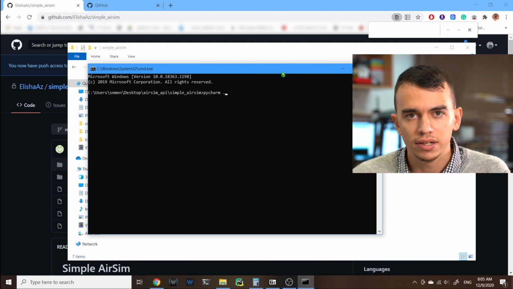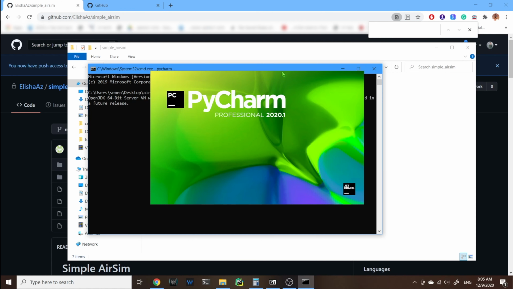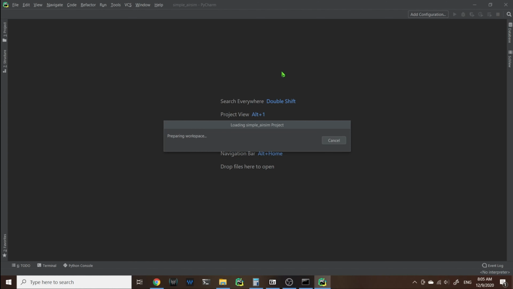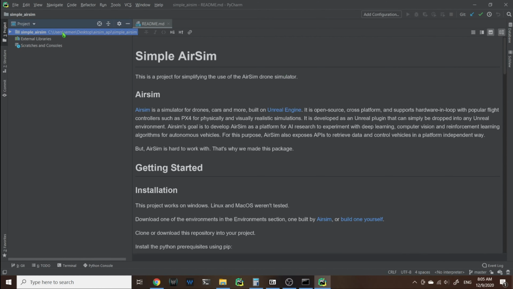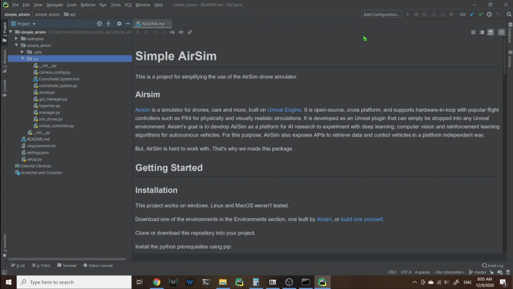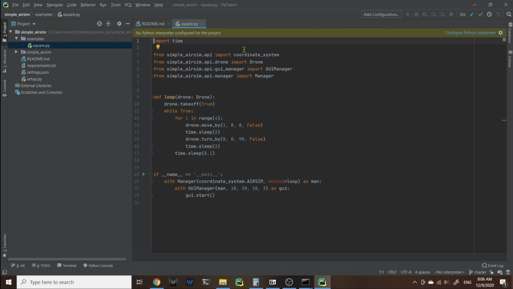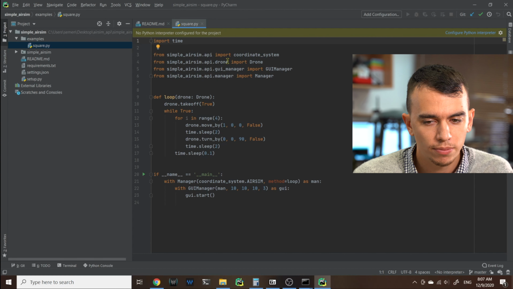Of course, you can use a different IDE, whichever is your preferred. Okay, so now I open my PyCharm IDE and let's see.